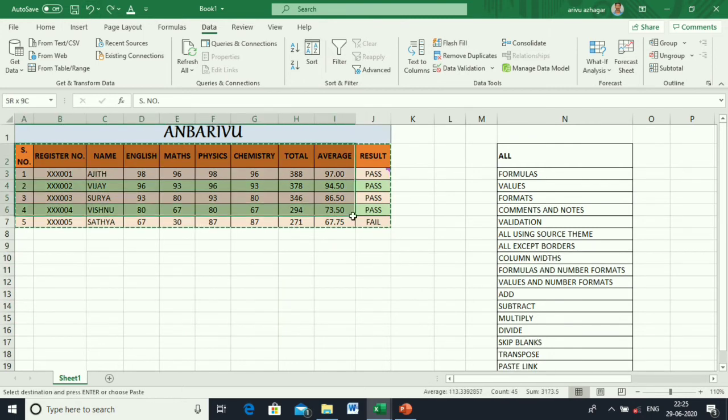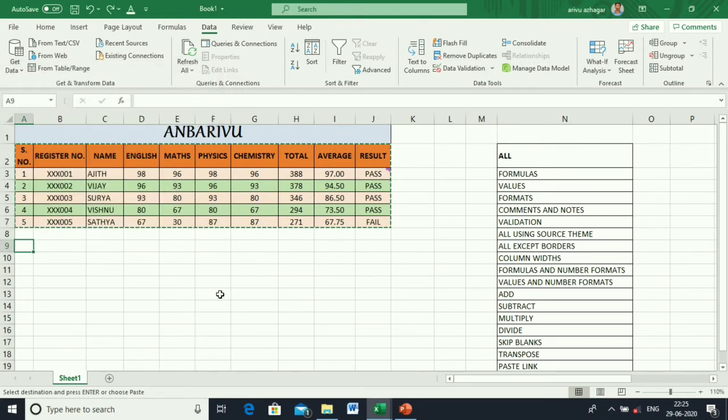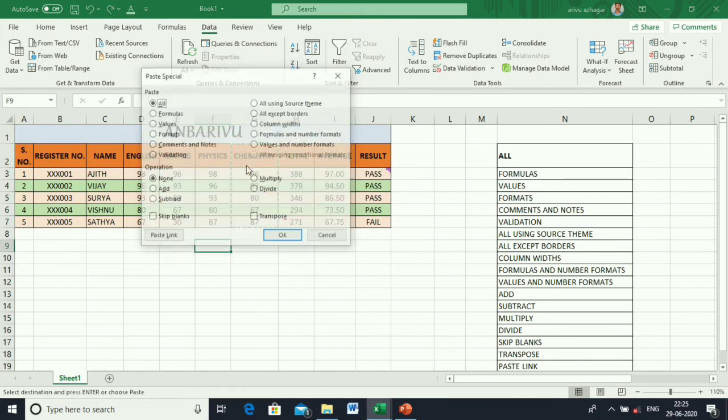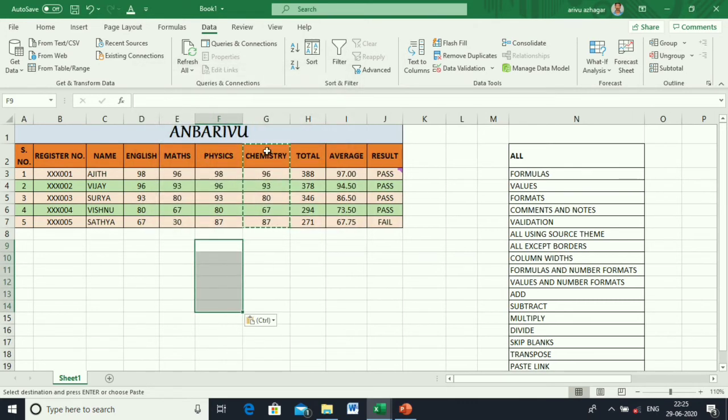Next, column width. Copy the column. Now go to Paste Special and select column widths. It will be changed to the same column width.